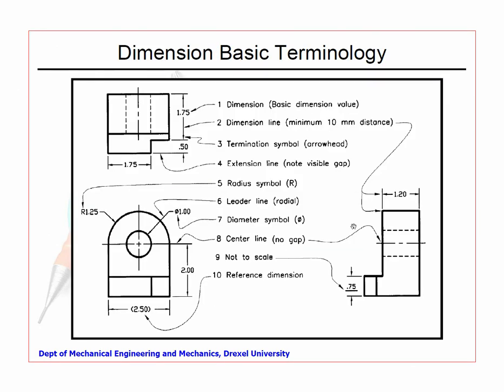So, if you remember, we saw some of these yesterday, saying what is a basic dimension value, what is a dimension, various things, how do you describe a particular line. In this case, we have a center line which is a dash dotted line, and on the other side we have things like these line lengths. Then you see here something very important: 12.5 is put in brackets saying it is only a reference dimension.